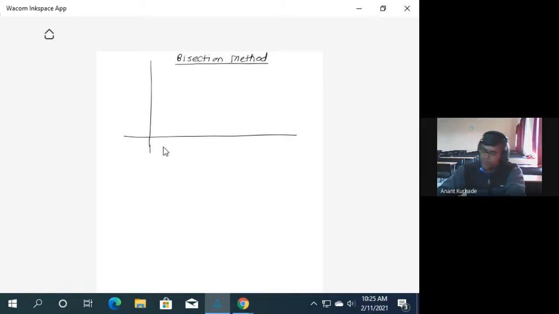Okay, now see, bisection method. How to perform? Let's consider a graph of the equation y is equal to f of x like this. So we can say this is the graph of the equation y is equal to f of x. Now this graph will cut the x-axis, X'OX, and this is the y-axis, YOY'. So it will cut here. So we can say this is the exact root of the equation.